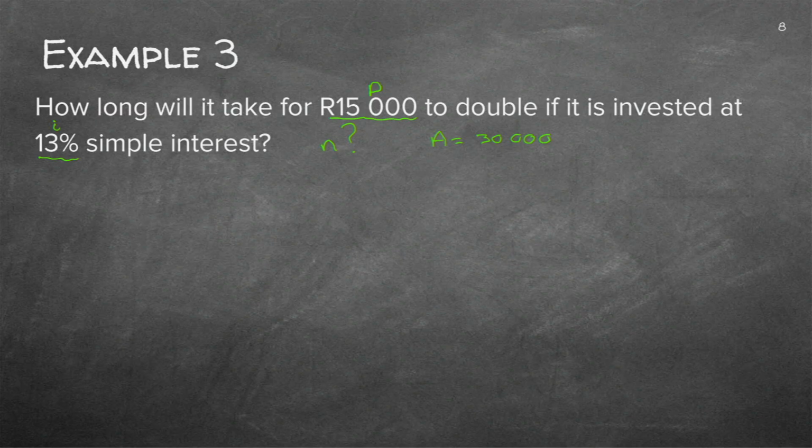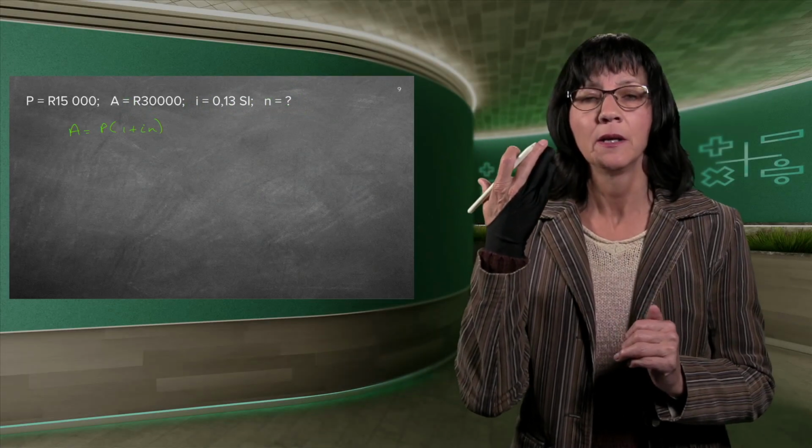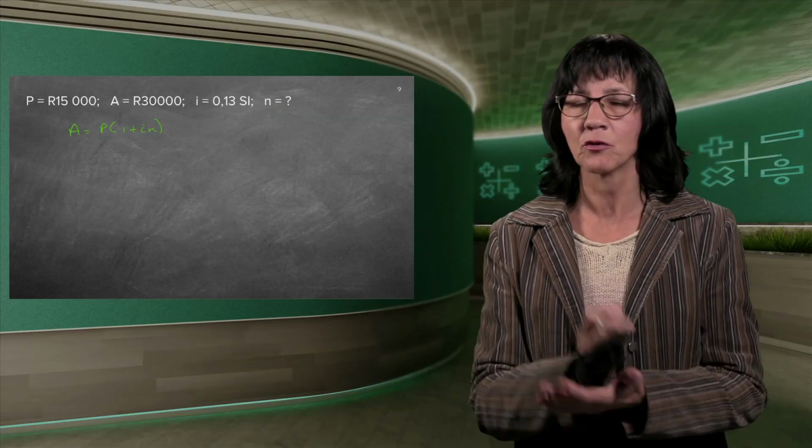So let's just check. There's 3 pieces of given information, the P and the A and the I. What is unknown? The N. What do we do? The same as always. We go to a page where we have got space and we write down the formula. Now, by now, you should know this formula because it's now the third time I'm writing it down. It's on each page. We're going to do still lots of it. So this formula you must have in your mind. You must not think about it. You must be able to write it down immediately.